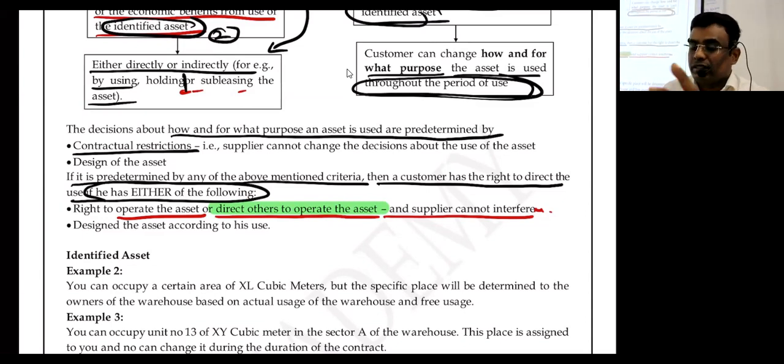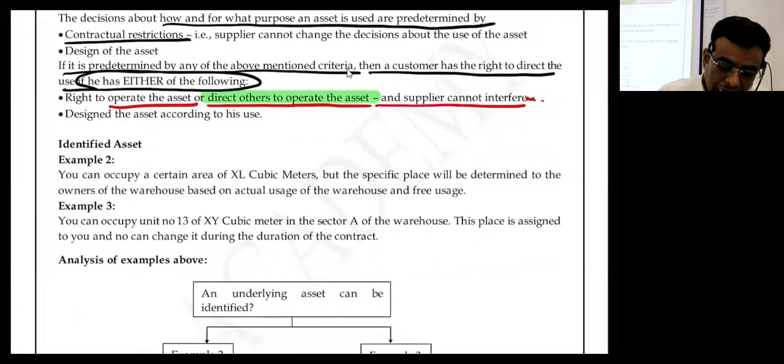Because this is handled by him, the problem will be given like this. The supplier has installed the software, and that vendor will visit the customer place frequently and will ensure whether the software is used properly for the purpose it is created. They have done the inventory, going to the bank and checking what they use it for. If such rights exist, is it a lease or not a lease? Lease only. Yes or no? Because that is a different right. Yes or no? No. Identified assets.